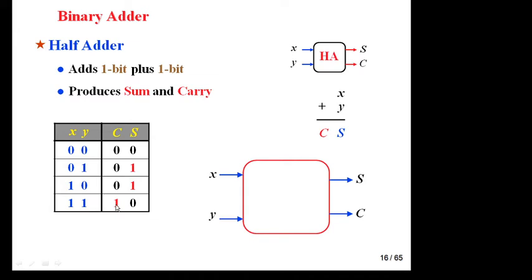Okay, so you can draw the half adder circuit. This is your input X and Y. X XOR Y is sum and X dot Y is carry. Okay, what is the limitation of half adder? In this there is no provision to add carry bit. If any carry is generated, there is no provision to add. So this problem is avoided by full adder.